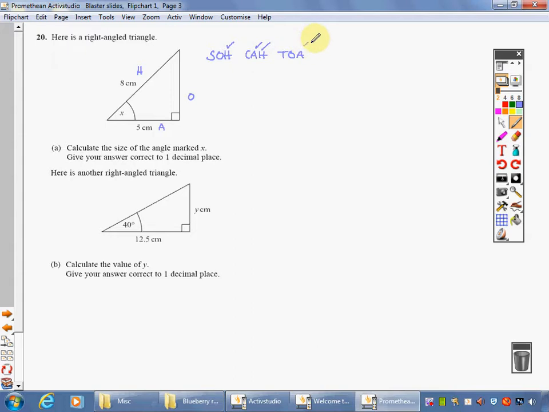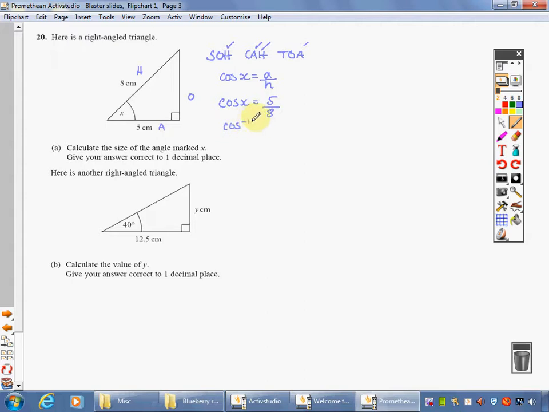Okay, the one with two ticks is the CAH, so that's reminding me that cos x equals A over H. I've just slipped into lowercase there, it doesn't really matter. That's a general formula. For my particular triangle, that's going to be cos x equals A, 5 centimeters, divided by 8. So the cosine of the angle is 5/8, and on my calculator I need to do inverse cos,